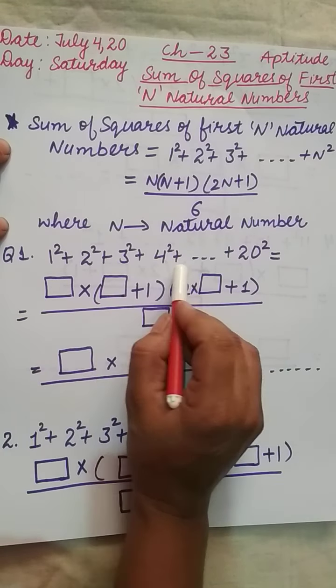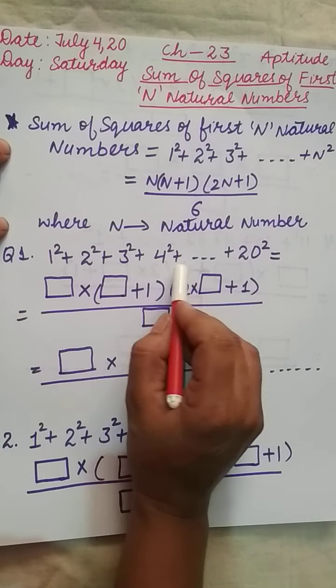Now question number 2 is again same, students. In these questions we are to compare our question with this formula and we will fill the blanks which are given in the questions. So for the second question, this is square of 1 plus square of 2 plus square of 3 plus up to so on plus square of 50. So from this question we can see that the value of n is equal to 50. So I'll put the value of n in the numerator. So here I can write 50. This is also the value of n. This is also n. And denominator is always 6.